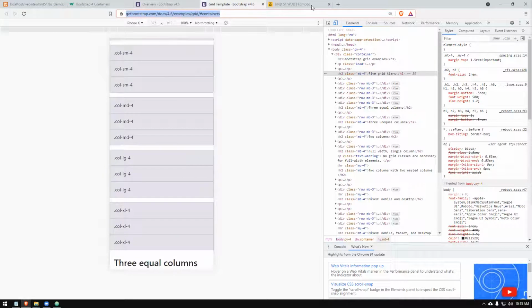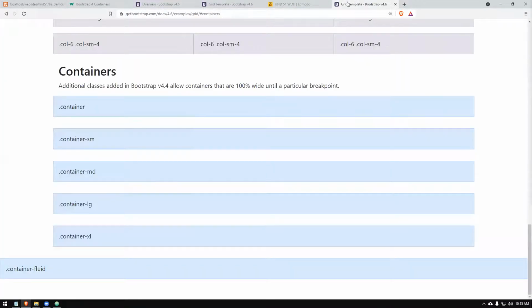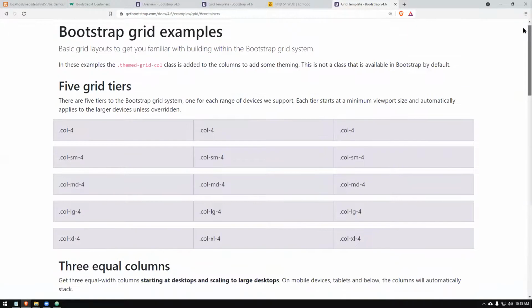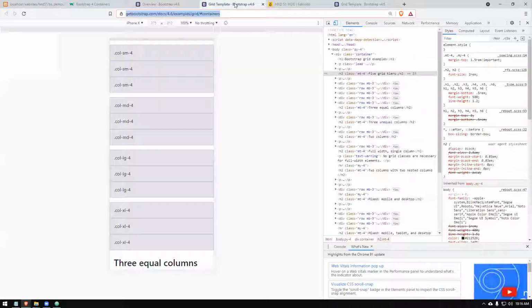I'll have this one copied again, and I'll put it to the normal one here. So this is the full resolution one. I'm browsing in a computer. There are columns we are using here, so that there are grids and things. Don't worry about these values. I'll teach you. Take a look at this one.